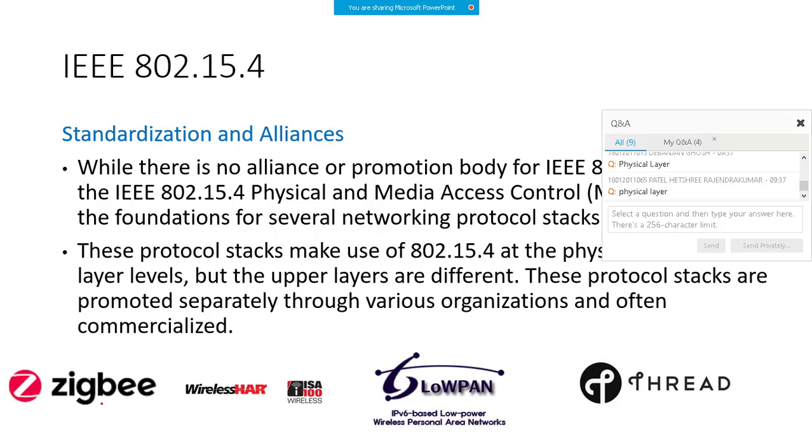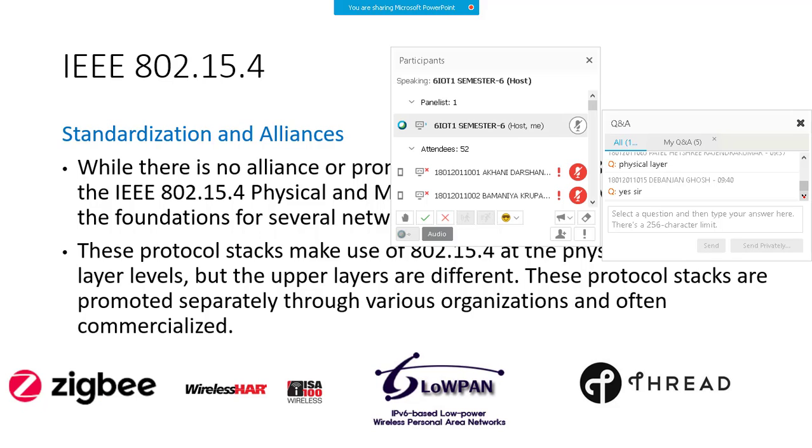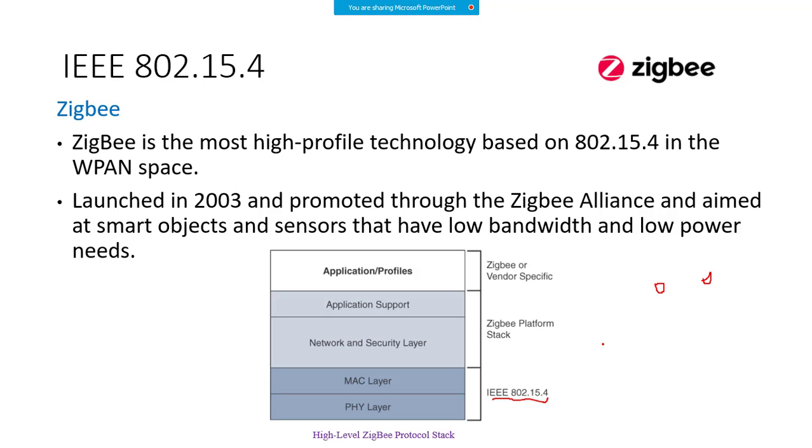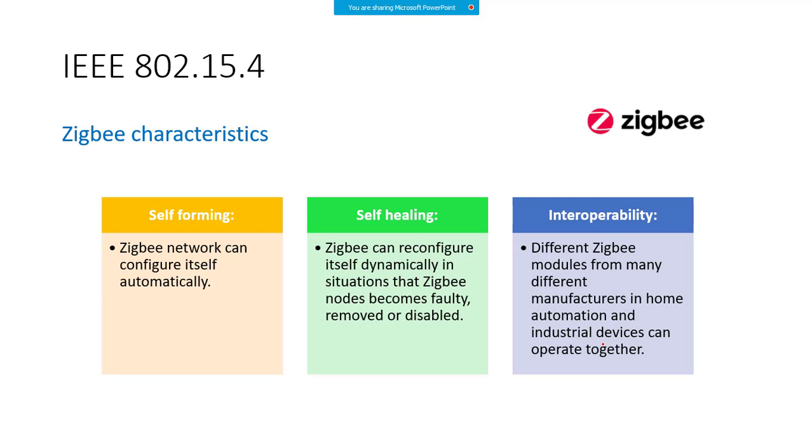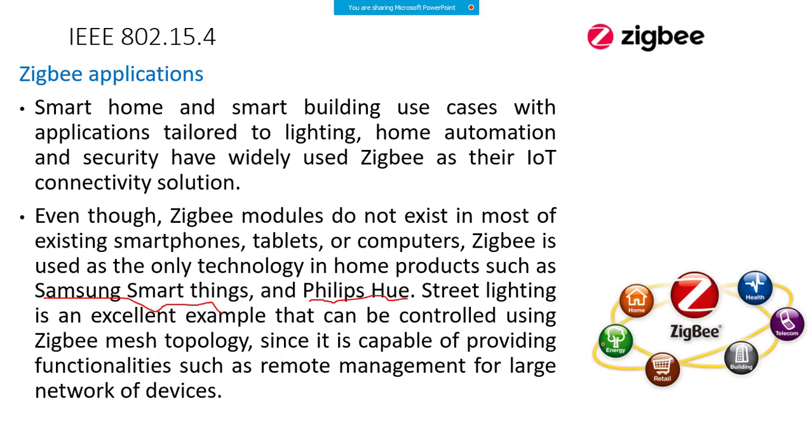Your physical and MAC layer for Zigbee, 6LoWPAN and Thread will be the same. ये तीनों के लिए आपका फिजिकल एंड मेक लेयर सेम रहेगा. I am trying to say that your 802.15.4 will be common for Zigbee or Thread or 6LoWPAN,